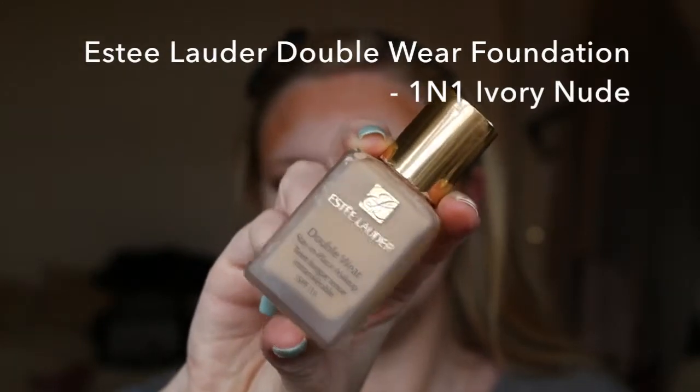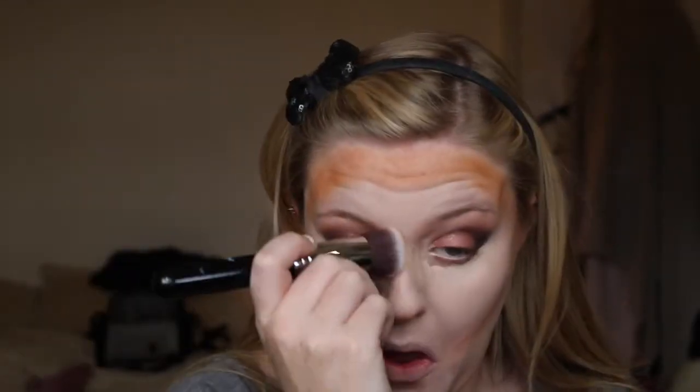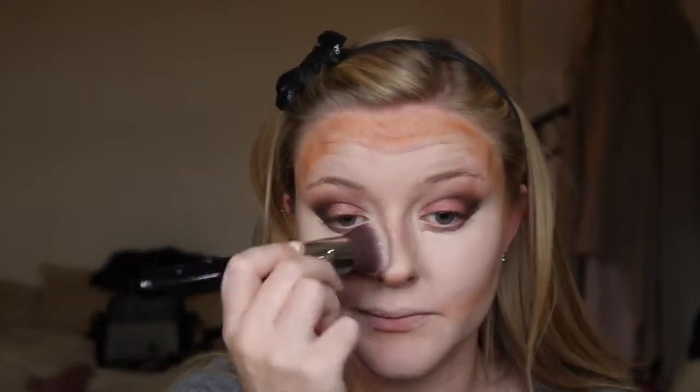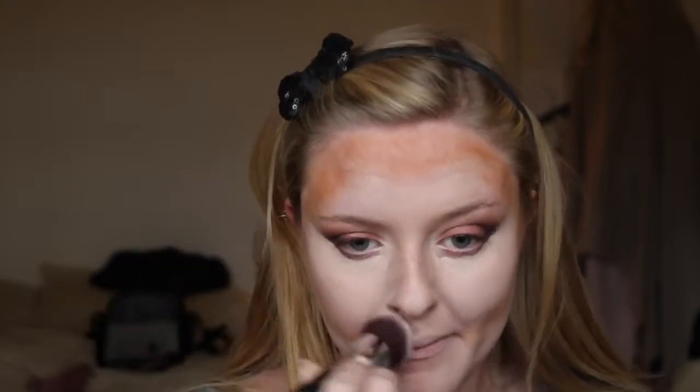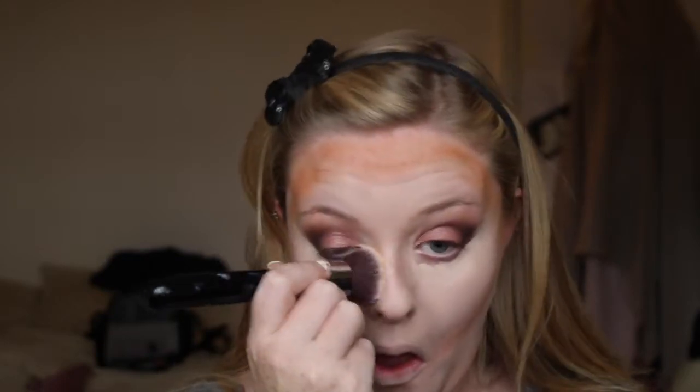I have been loving this foundation recently. It's my Estee Lauder Doublewear foundation. I'm just going to go in and blend this all over my face, and it's just going to seamlessly blend everything together. As you can see, I've gone in with a sort of flat top kabuki style brush, and I'm just going to be patting and pressing this foundation all into my skin over everything that we have just applied